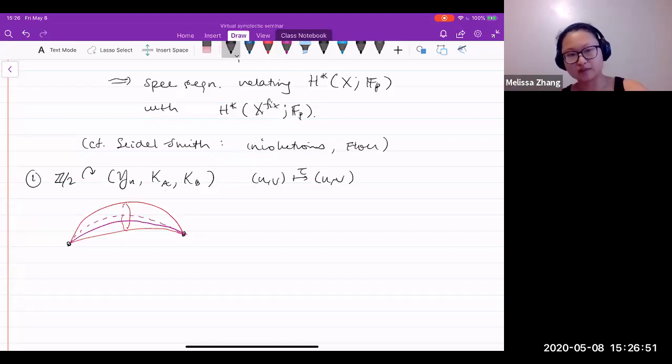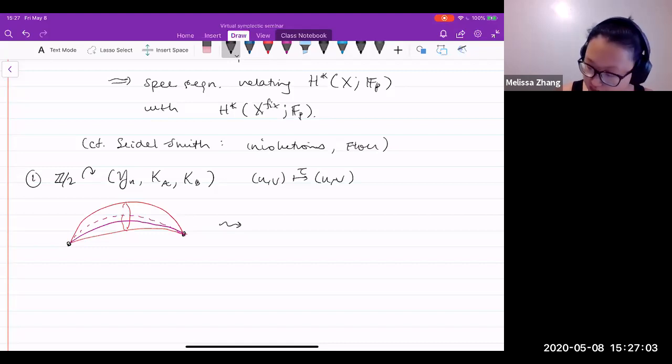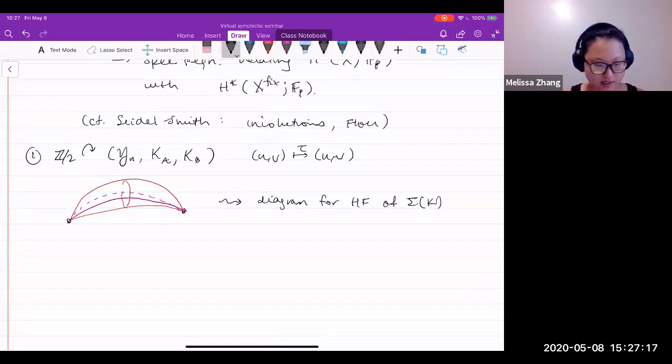You also have the blue arcs, which when you look in the symmetric product give you a totally real torus there. So from this analysis, you actually see that you obtain a diagram, just looking at the fixed point sets under this action, for the Heegaard-Floer homology of the double branched cover. And let's say we're working with a knot for now. So assuming that Seidel-Smith's spectral sequence works for this,